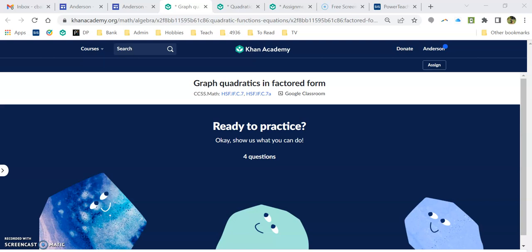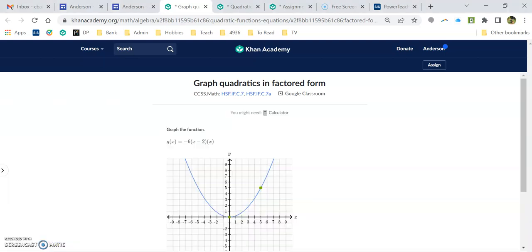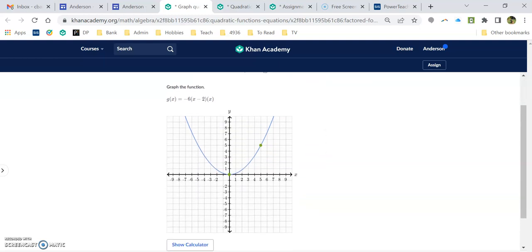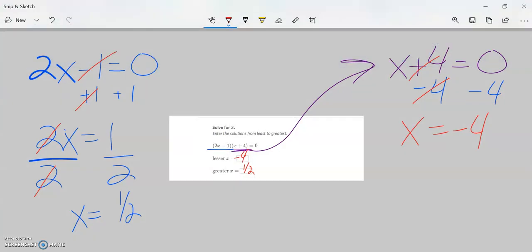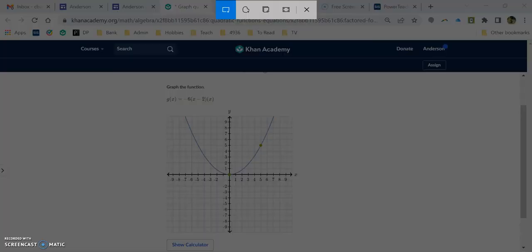Graph quadratics in factored form. Okay. So we're going to graph this function. It's already in factored form. Eventually we're going to work on having these in standard form, then you have to factor them to this state and then graph it. So for now, I'm going to snip this and do some math to find my